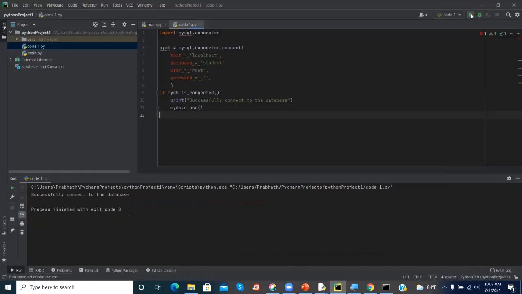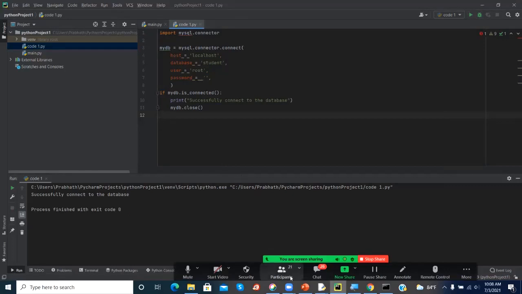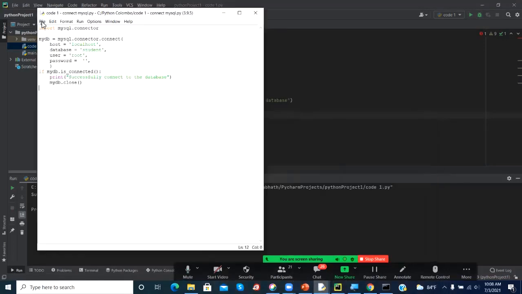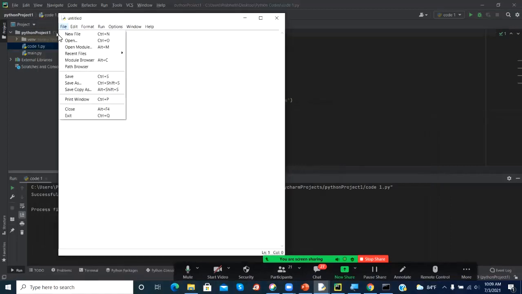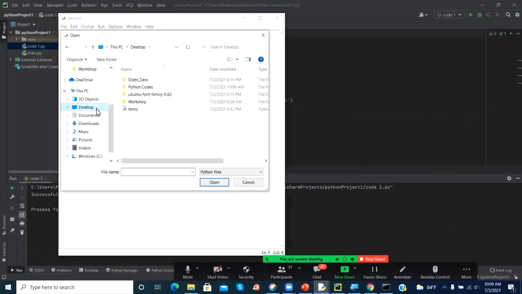When you are accessing a MySQL database, with the import command for MySQL, we have to change that configuration file. I am not sure why they have put false in there, right? We have to change that false into true. Okay, now it's working. Code one. Okay, then go back to this one. Let's check that one. New file. This one, IDLE one, file open, go to desktop,